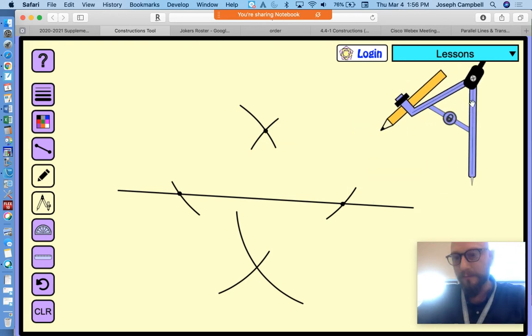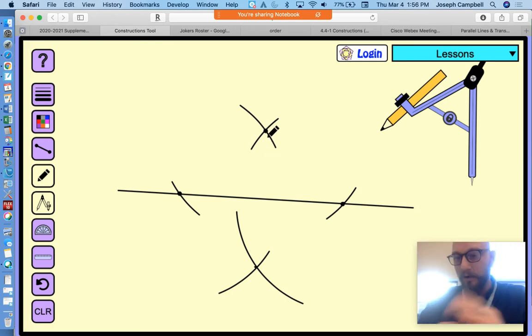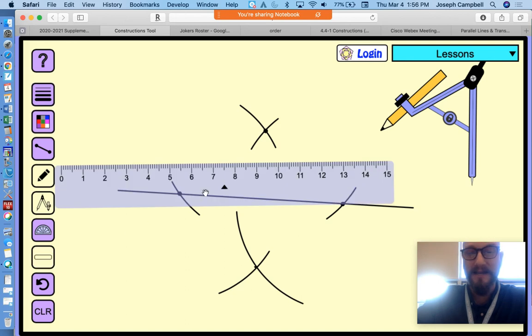What has this done for me? From this point, the same radius, same circle as from this point, this new intersection point must also be equidistant from this point and from that point. So essentially, it's like a midpoint, but raised above the line. And this is the exact same midpoint, but raised below the line. So what have you done? You've taken a small segment, cut it in half, and put a point directly above the line and directly below the line in such a way that when I connect these things,